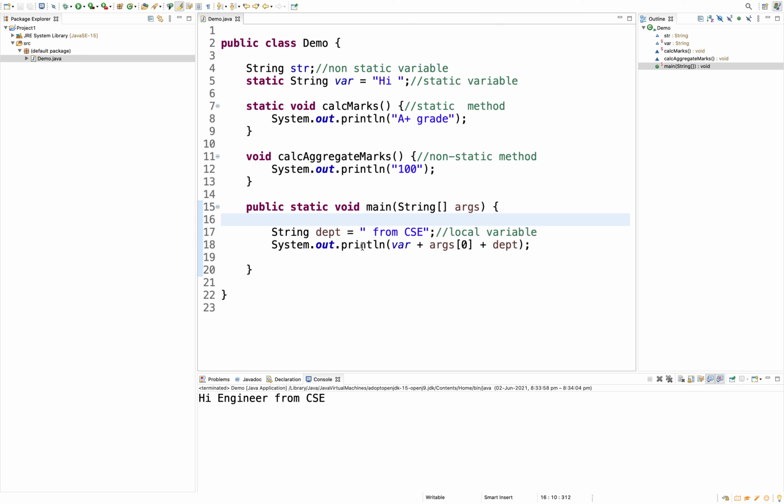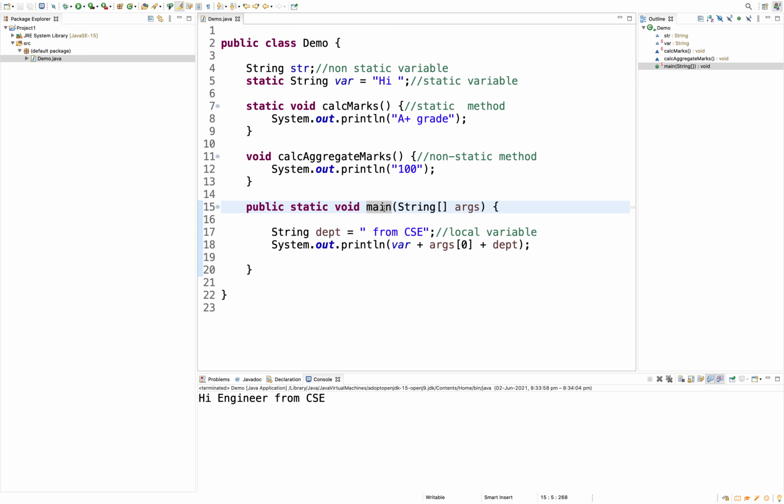So what is the flow actually? We didn't call this method, right? Then who called this method? Nowhere have we called the main method. We just defined all the methods here. This is one method, this is one method, there are two variables, and we have a main method. These are the user defined methods, defined by us, while the main method is a method with a predefined method signature.